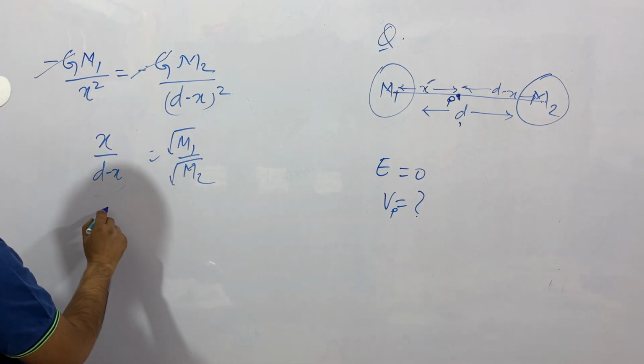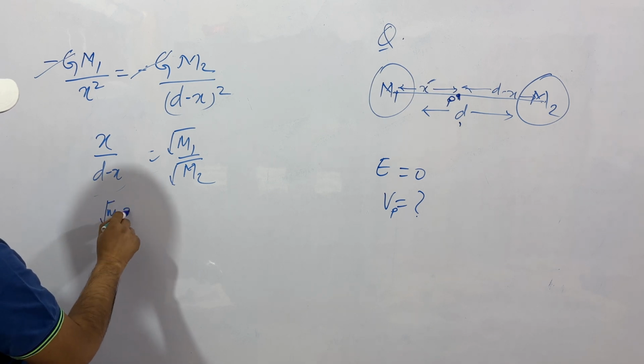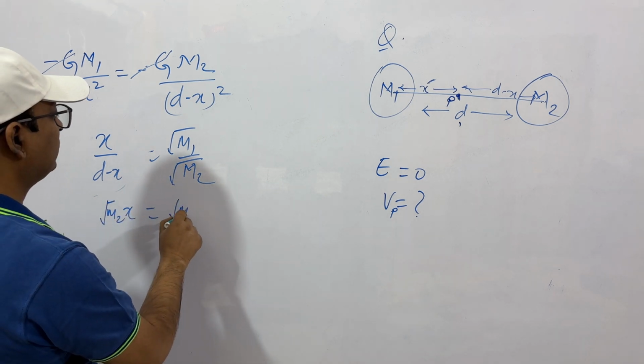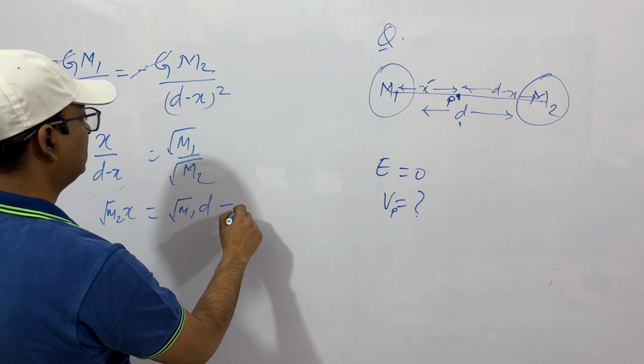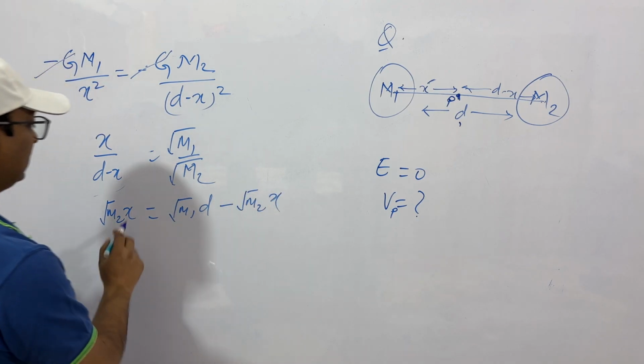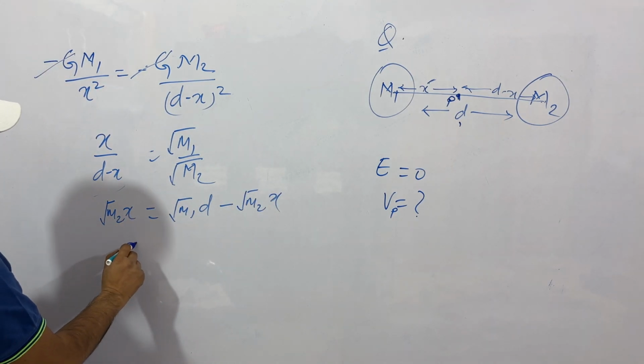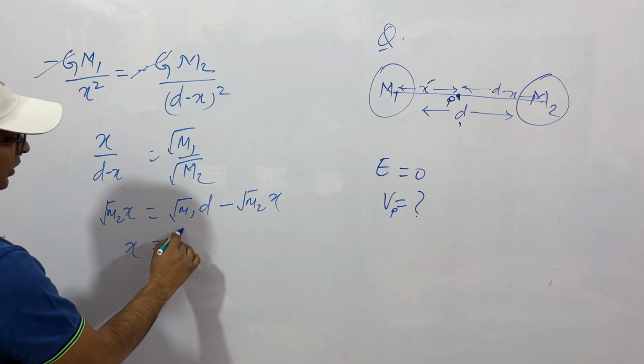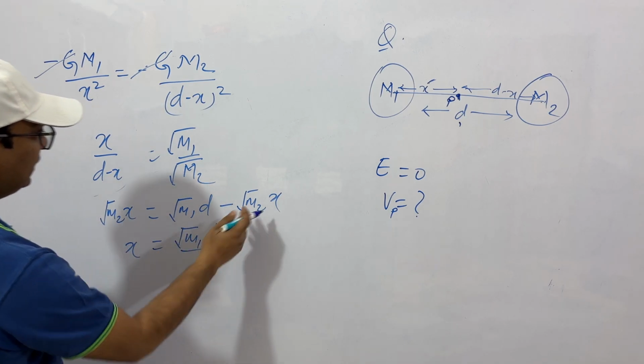So this is root m2 x equal to root m1 (d minus x). So from here what do we get? x is equal to root m1 d by